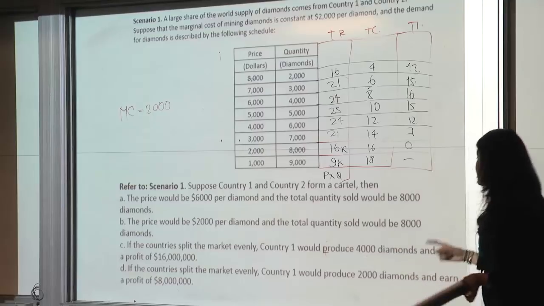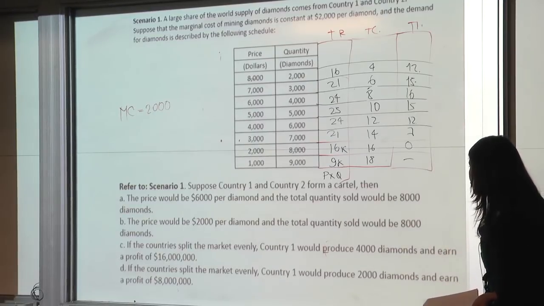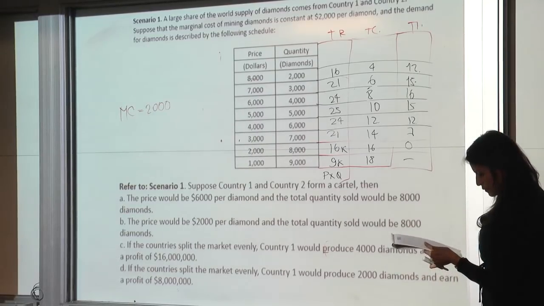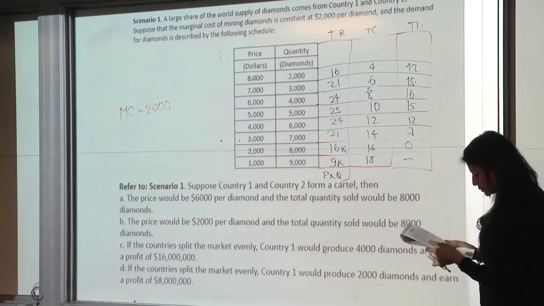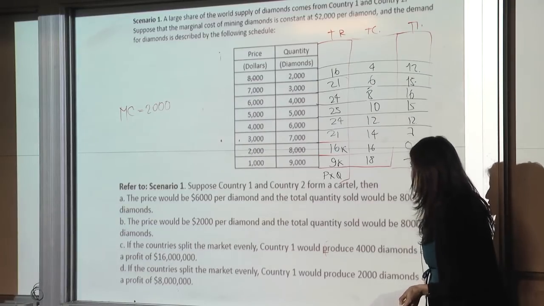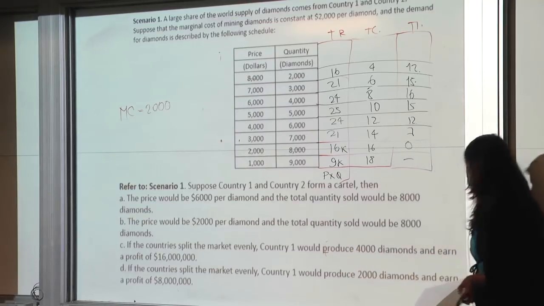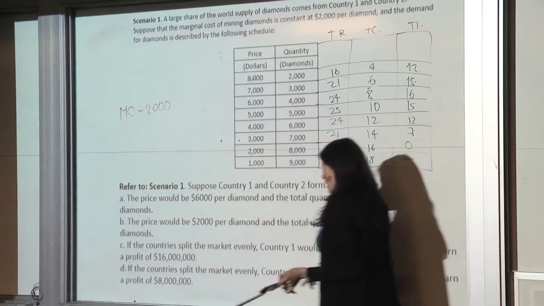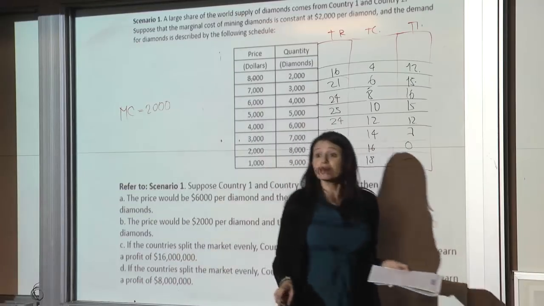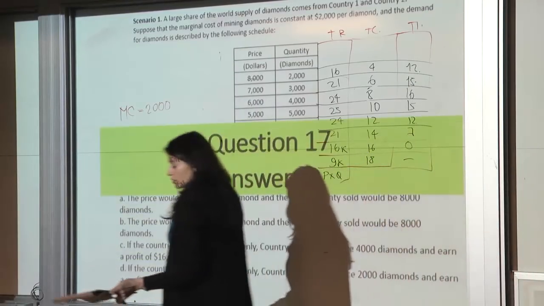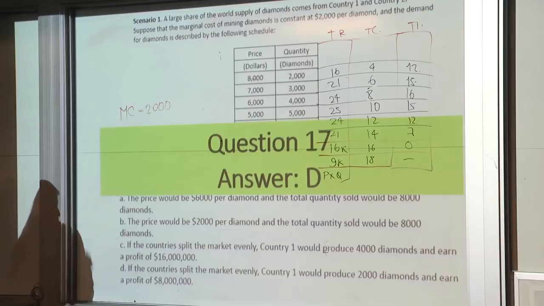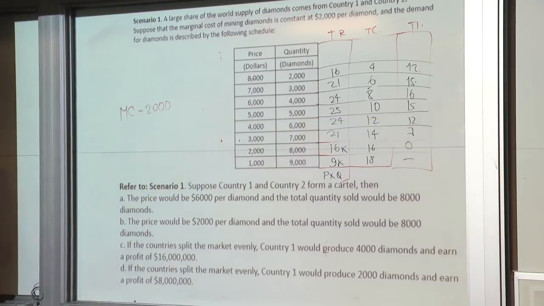In that case, and since they divided in 2, the countries split the market. Country 1 will produce 2,000 diamonds and earn 8,000, okay? So the point here, when you're talking about a cartel, and most of the questions are very similar,